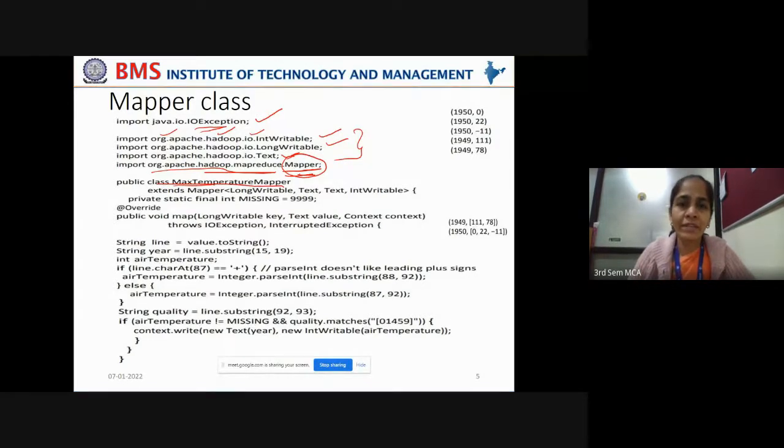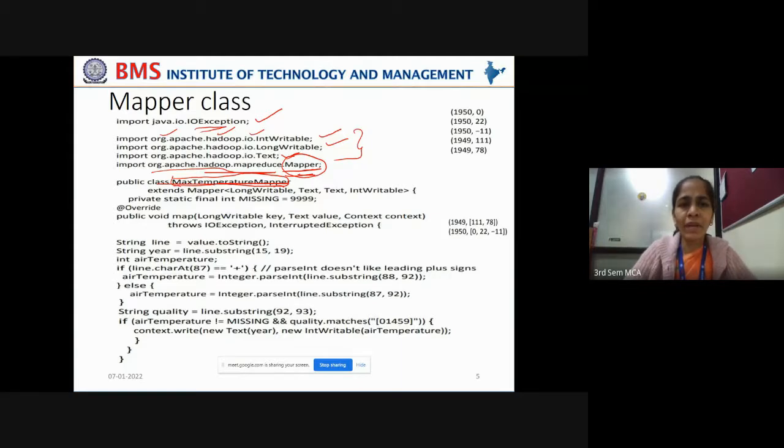Our Java class's name here is MaxTemperatureMapper. We are writing a mapper function, and the purpose of writing this mapper function is to find out the maximum temperature from the data set that is given. To represent that entire purpose, we are giving this name, MaxTemperatureMapper. Nothing special in this.